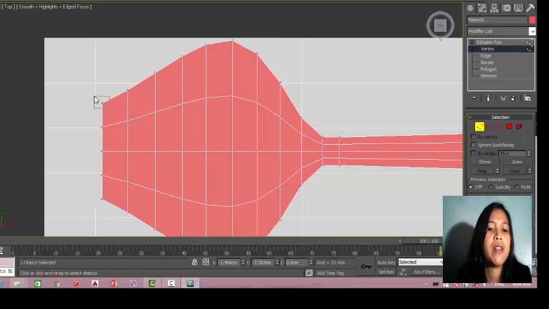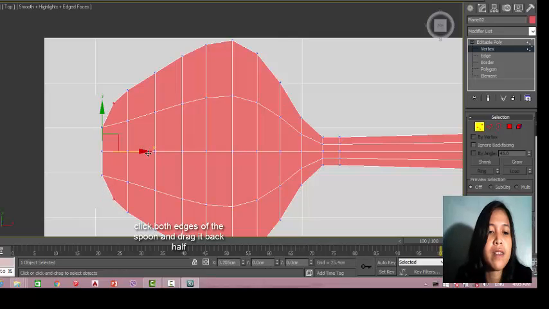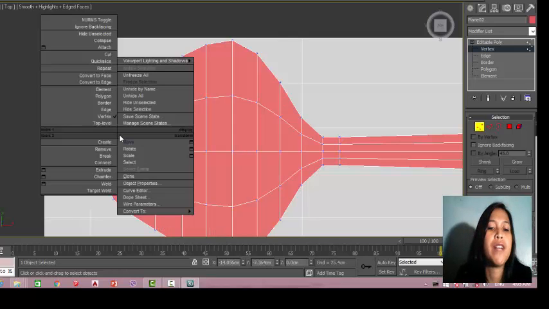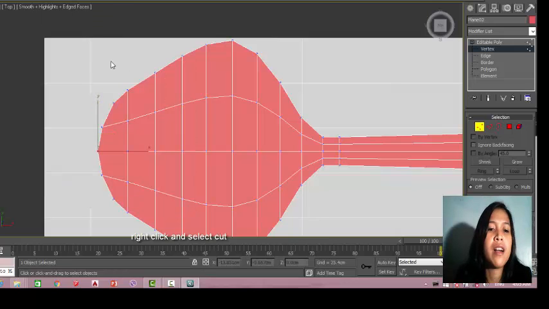I click this vertex and control click this also, and I drag it back half this. After that, I click the vertex in the center and drag it for this. And after that, I right click, select cut, and make another segment here.